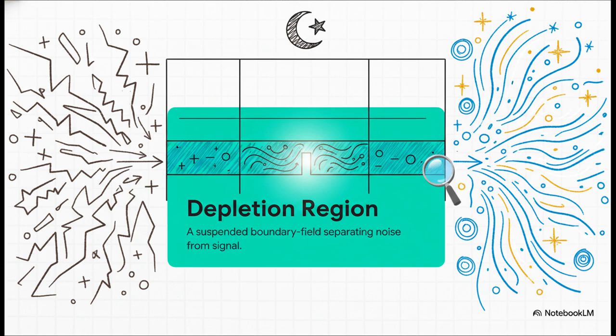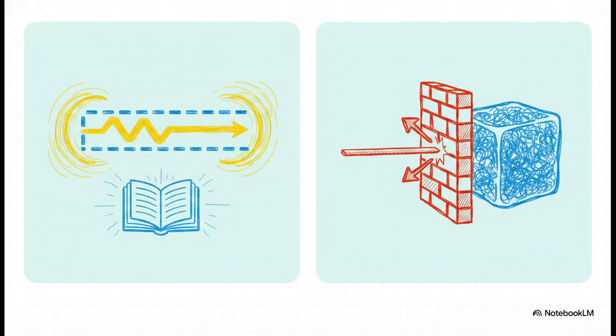Current can't just casually stroll across. It faces a suspended boundary and has to be properly aligned. It's literally a living filtration system separating pure signal from random noise. So what happens when energy hits this boundary? Well, if the field aligns with the signal, you get forward bias. This allows a living, alternating current to pass through the barrier, which perfectly mirrors the Qur'anic concept of taking the book with strength.